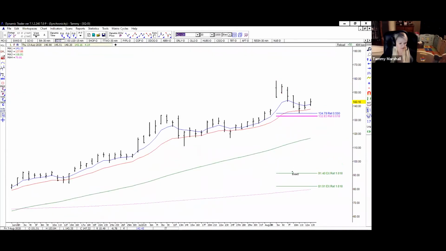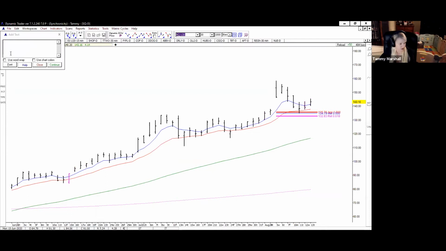And that is part of my setup right there, that 618 and that 50%. Then what I would also do is take this high to this low and take it to this high. And that is also part of my setup. So my setup zone in square that I am in right now